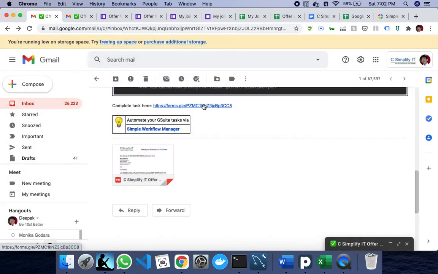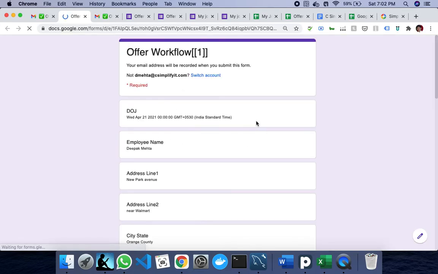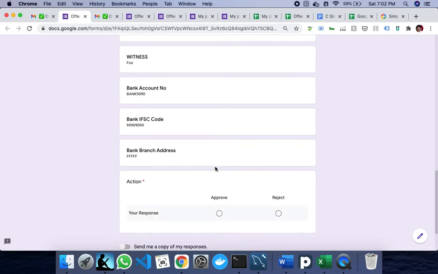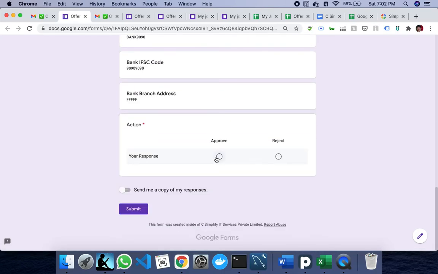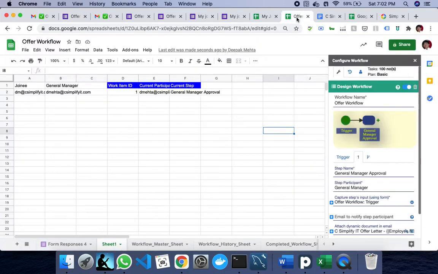Now I can look at the information as a general manager, and I can say okay, everything looks okay, I can approve it. But before I approve it, one last thing I wish to show.